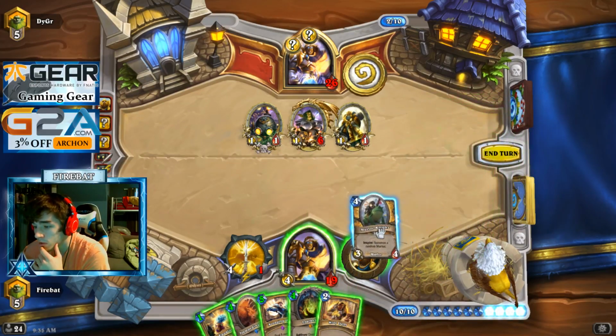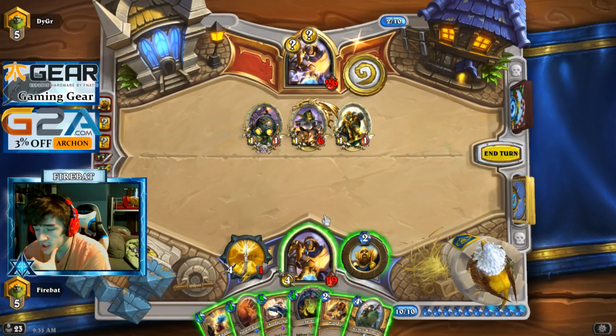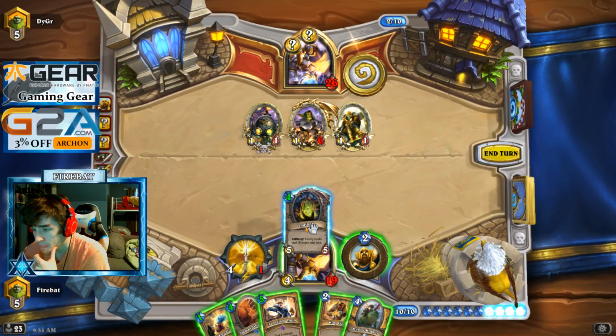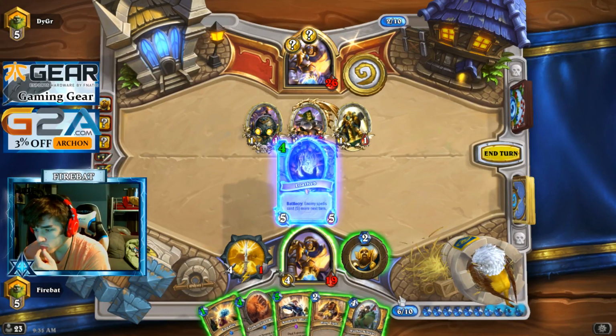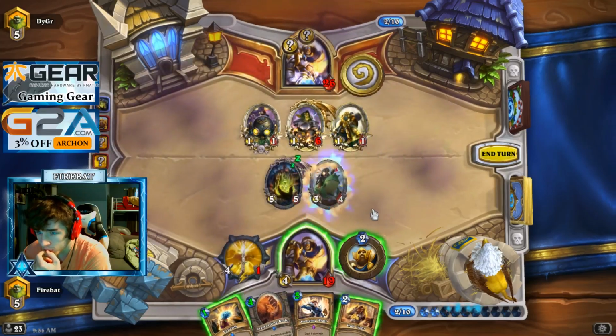Oh, Murloc Knight Hero Power, no brainer. Which one would I rather have Repentance? Murloc Knight or Loatheb? I think I'd rather have Murloc Knight Repentance. Honestly, it could stick on this board though, so maybe Loatheb. Let's try and get Murloc Knight to stick. And it's not Repentance, so it's probably...